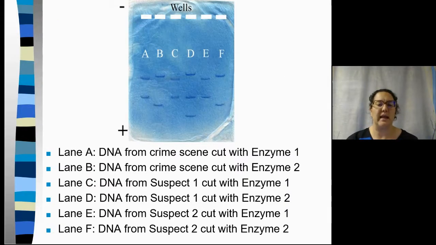So here in lane A, we have crime scene DNA cut with enzyme 1, and in lane B, crime scene sample cut with enzyme 2. So we want to see what matches. If we go through columns C and D from suspect 1, we can see they don't match. But if we go through columns E and F from suspect 2, we can see that they do match. So this is just one of the uses of gel